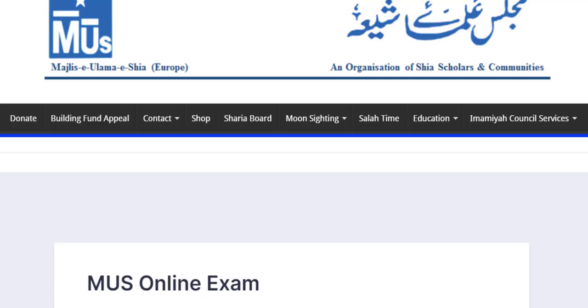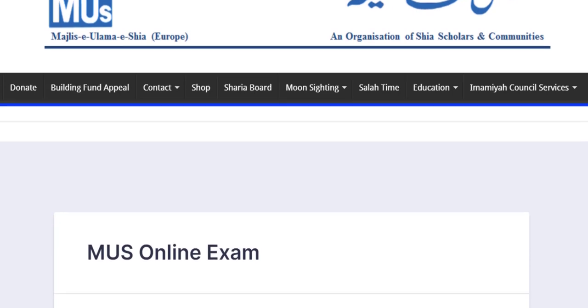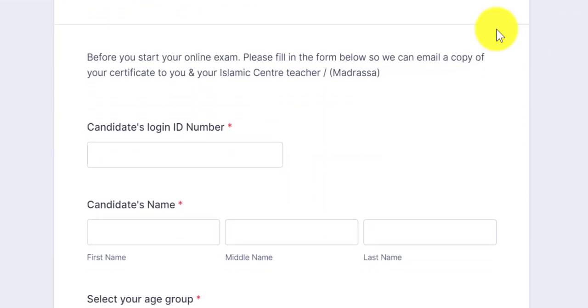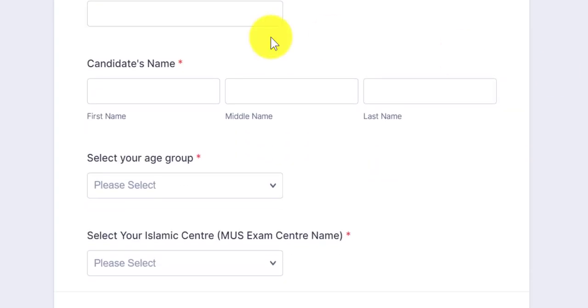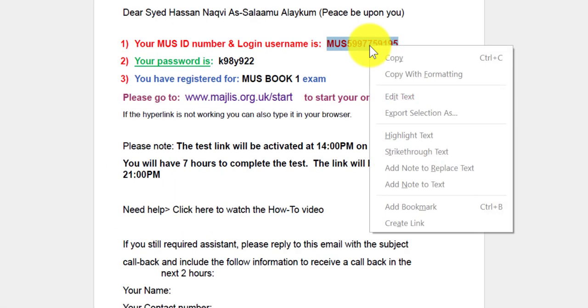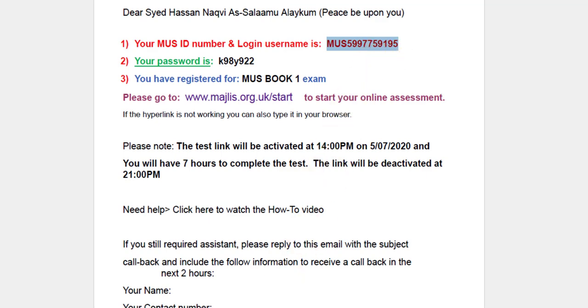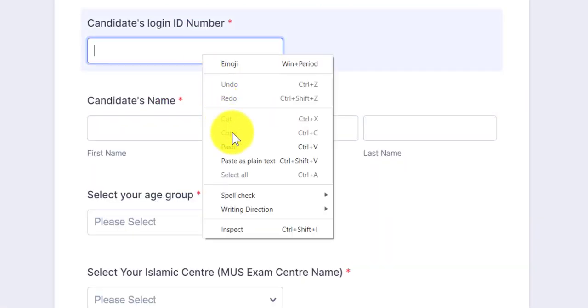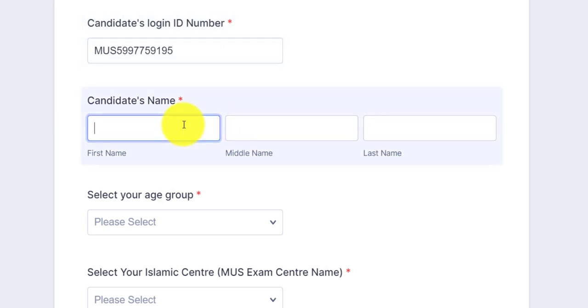The link in the email has taken me to the MUS website, and let's have a look at this form. So here it says, before you start your online exam, please fill in the form below so we can email you a copy of your certificate to you and your Islamic Center teacher madrasa. Okay, so I'm going to just fill this in. So I'm going to go back to my email and paste in my ID number. Right, let's just copy my ID number. Okay, I'm going to paste in my login ID number, type in my name,